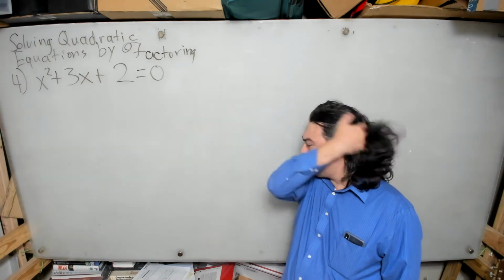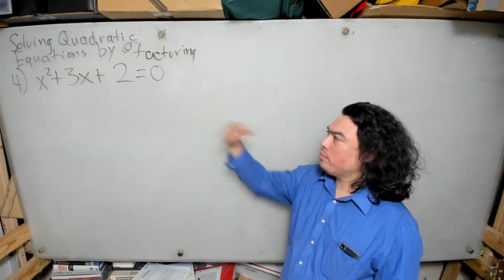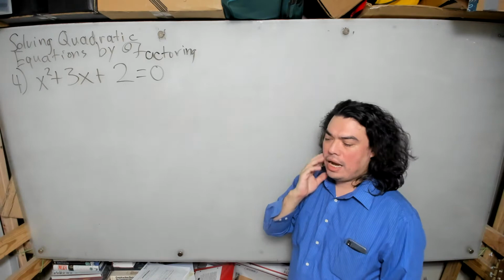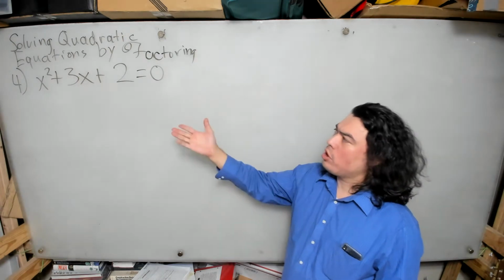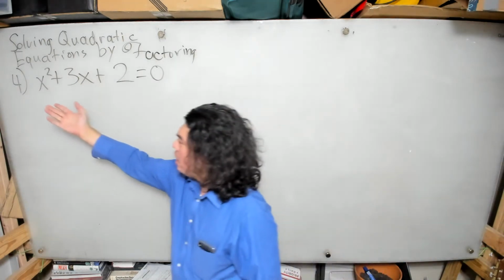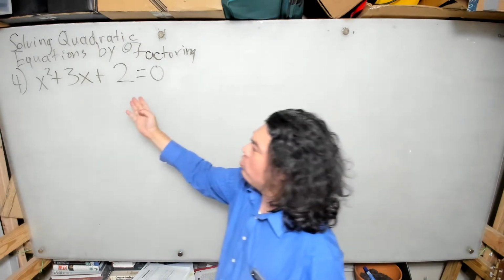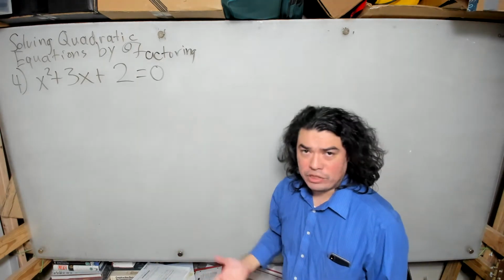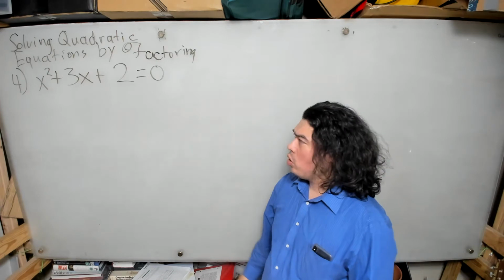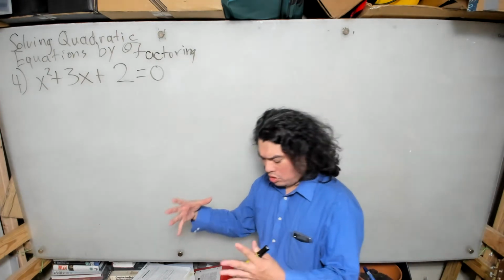So now what we want to do is we want to do this problem together, okay? Basically, we want to solve this quadratic equation, x squared plus 3x plus 2 equals 0, by factoring the expression on the left, okay? So now